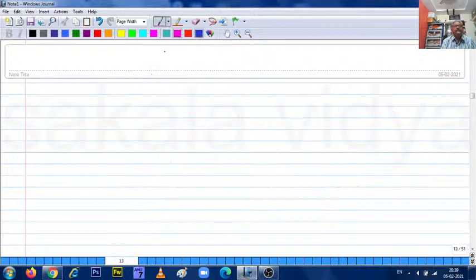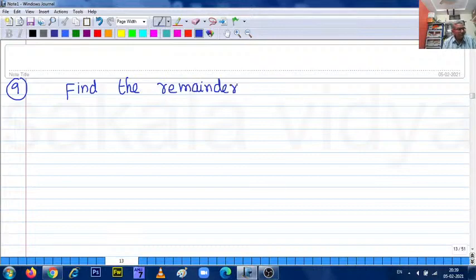Okay, ninth question. Let us solve the ninth question now. Find the remainder when x cube plus 2x square minus 9x minus 20 is divided